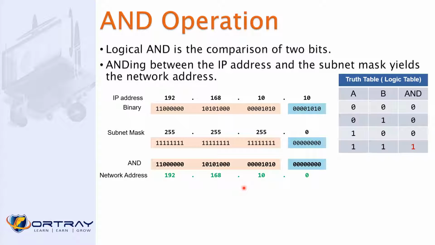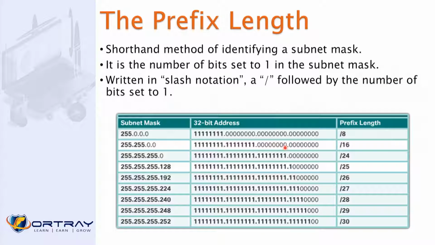Clear? Network ID, subnet ID, network portion, network subnet, sorry, not subnet mask. They are all the same. Okay, prefix length is a shortened method of how we normally write the subnet mask. We write the subnet mask in the